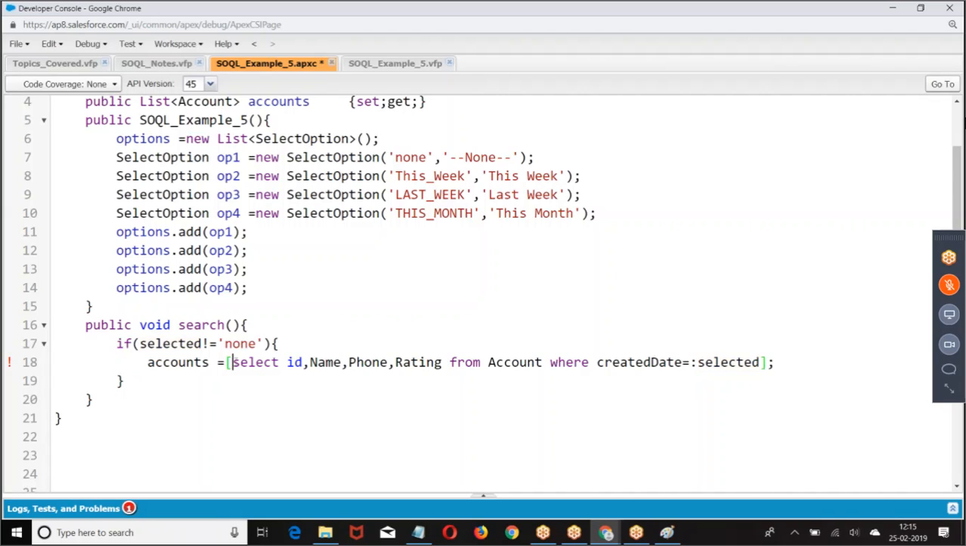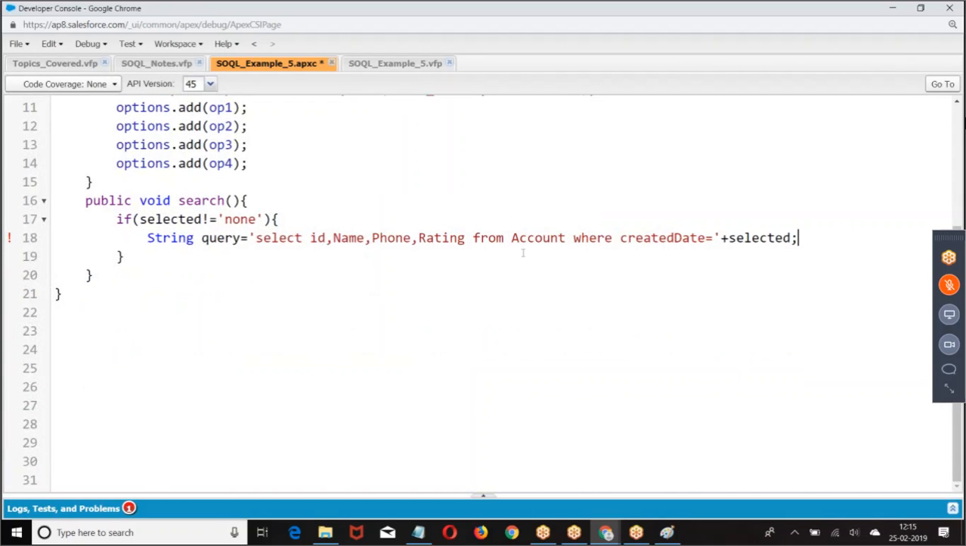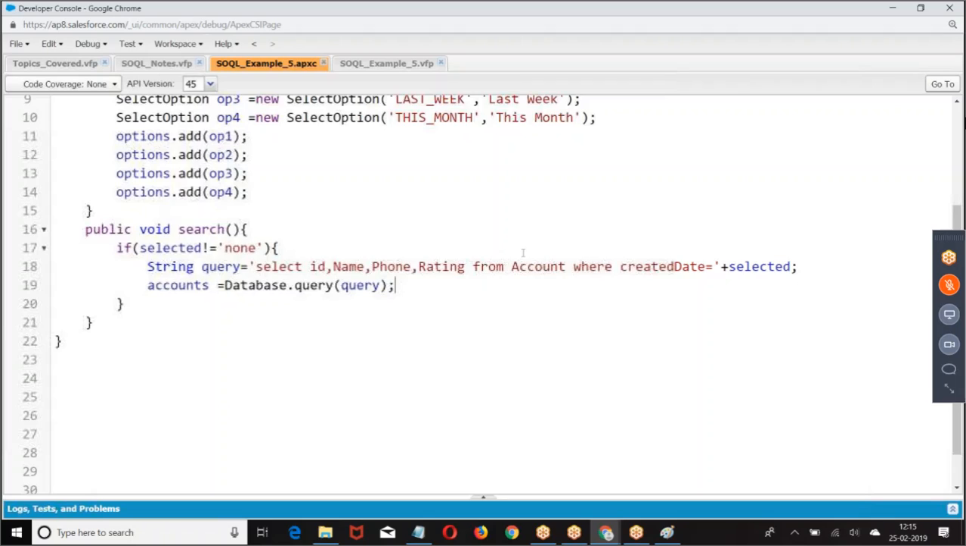If the static query is not working out, what should I do? I would give string query. So wherever we want to use date and time dynamically, we are supposed to form a string. Then I'm giving response equal to database dot query. Form the query where created date equal to, because in the pick list, what is the value we are